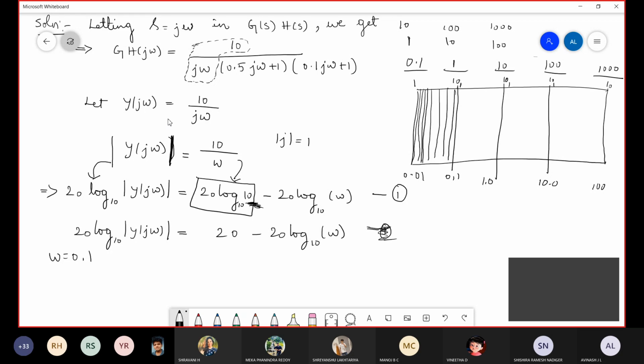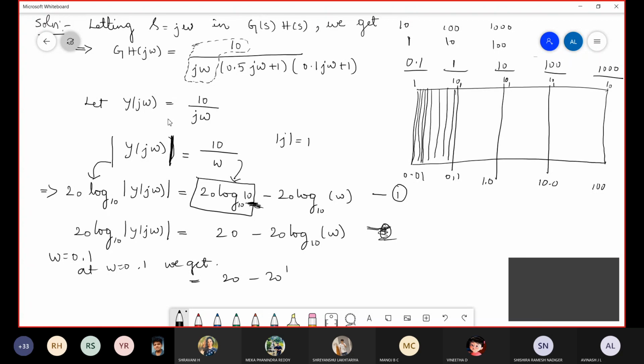Do you understand how the semi-log sheet is done? We'll see that particular thing in the semi-log after that. I'm just telling why we consider 0.1. So 0.1 will be the standard value. That is why we consider 0.1 as the initial stage to find out the initial gain. So at omega equal to 0.1, we get